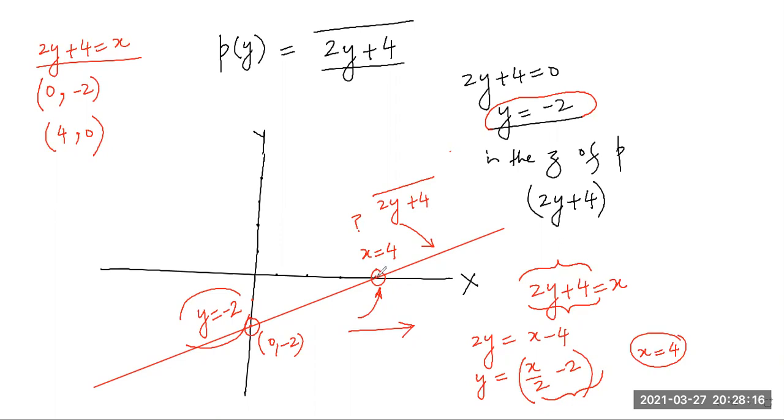What does that mean? Well, that means I'm writing 2y plus 4 is equal to x. Write this polynomial in terms of x. 2y is equal to x minus 4. Y is equal to x by 2 minus 2. Now we have another, new polynomial, x by 2 minus 2. The 0 of x by 2 minus 2 is x is equal to 4. That is represented here. So something like a reversible process. You go this way and you go this way also. Very few processes, melting and boiling, these reversible processes happen in nature. Something like a reversible process here also.